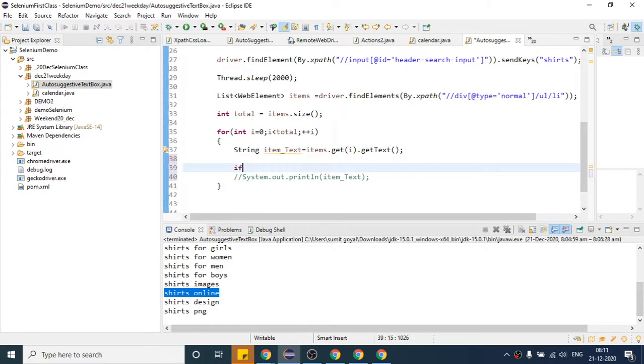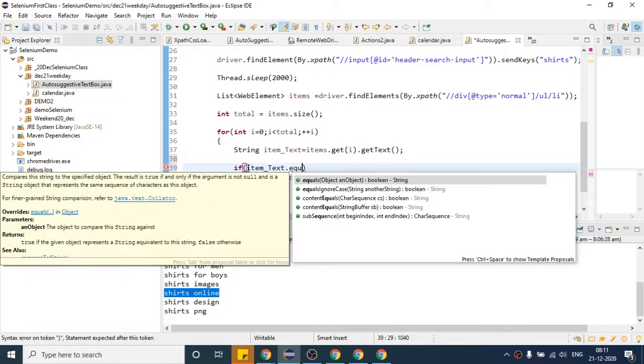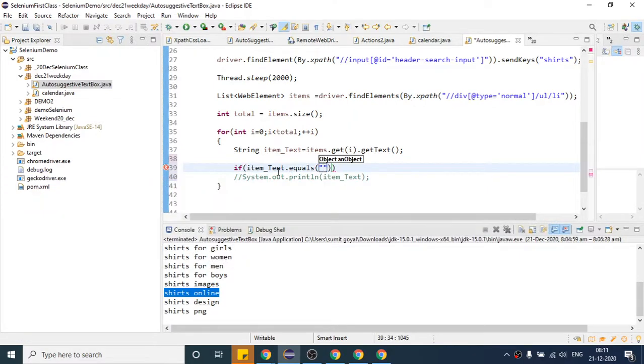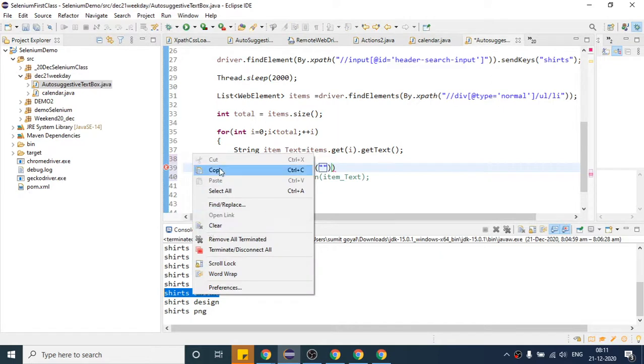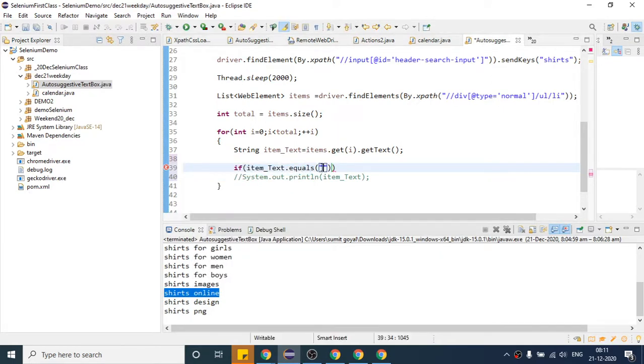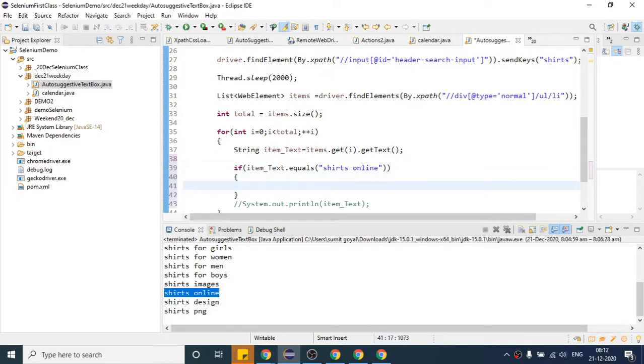Again, just like we did for calendar, here is our actual item, text is present, dot equals. If it is equal to this one, shirts online, then I will copy this line just like we did for calendar.